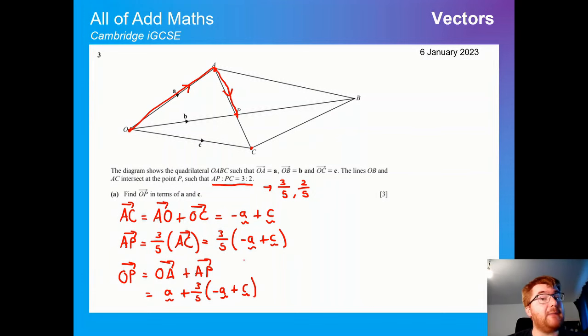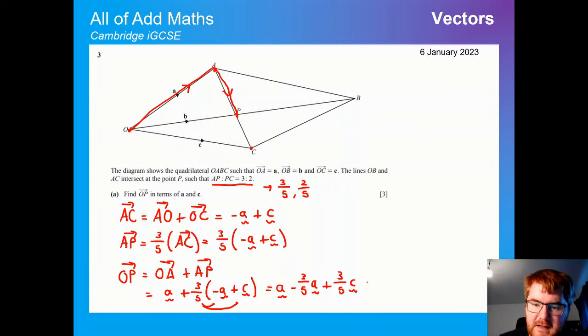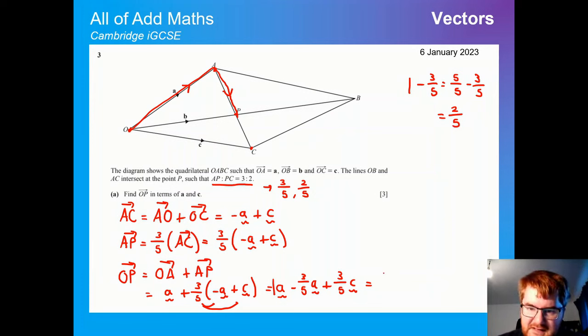Now we're just going to expand brackets and simplify. We're going to use the hook, leaving the A alone for the time being. 3/5 times minus A is just minus 3/5 A. Then 3/5 times C is just plus 3/5 C. Now we can collect like terms. We've got 1A here, and we're going to subtract 3/5 from it. Remember, 1 minus 3/5: 1 is just 5/5, minus 3/5, and that's equal to 2/5. So we get our final answer of 2/5 A plus